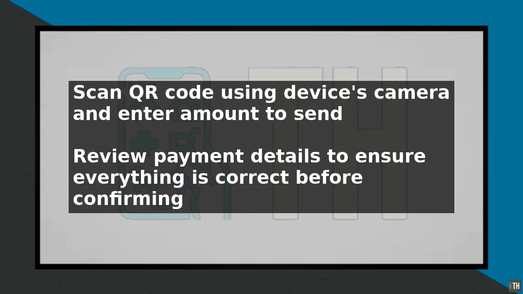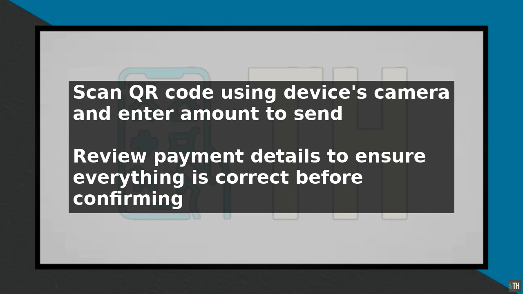You can then enter the amount you want to send and add a note if necessary. Review the payment details to ensure everything is correct before confirming the transaction. On the recipient's side, they will receive a notification once the payment is sent. The funds will be added to their Venmo balance, which can then be transferred to their bank account or used